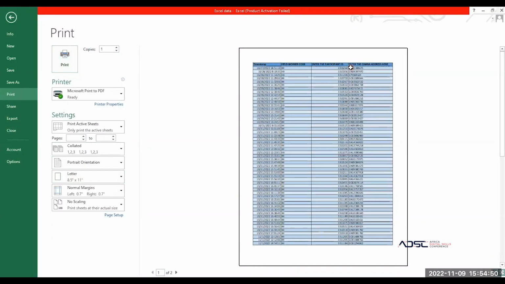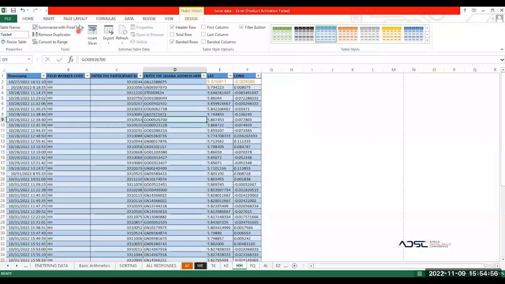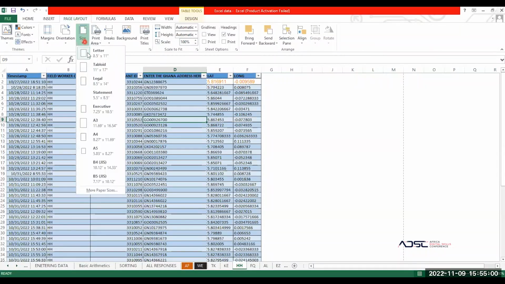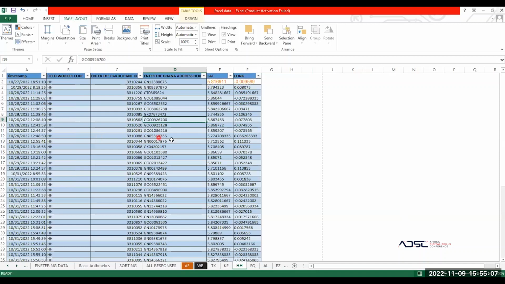But when you do Control P, let me go to the page size. So go to Page Layout, and then we are going to choose the page size. The default page size is Letter. So we are going to choose A3, right? When you choose A3,